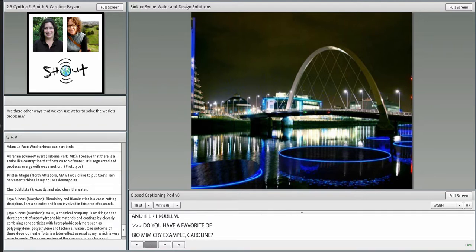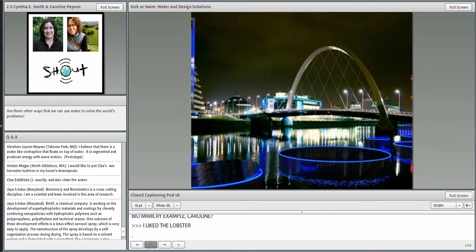There was one that you shared during the last session. I'm going to encourage everybody to go check out the solar ivy. I love that one. And for those who haven't seen it, we'll find a link and put it into the chat box in a few moments. And this was an example of small solar panels that hung on the outside of a home, and